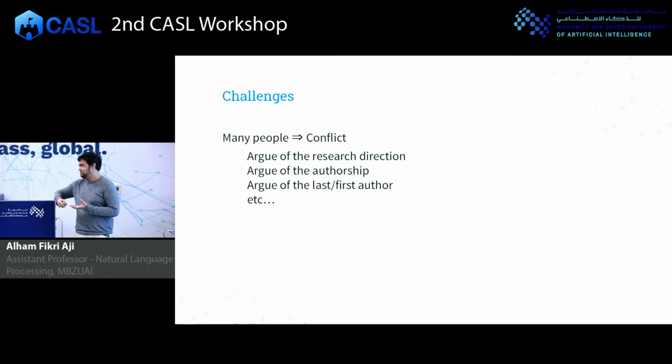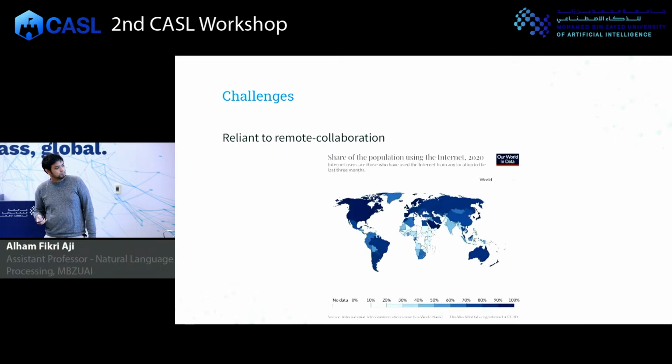Conflict is also interesting because we have to deal with many people on the research work. After the research is done, we discuss who's going to be the first author, and people can complain, oh yeah, I do more work than you, but I'm not the first author. Sometimes they also fight about the last authorship. In terms of research direction also, some people have an agenda, I would like to direct this research in this direction, and some arguments happen at some point in time.